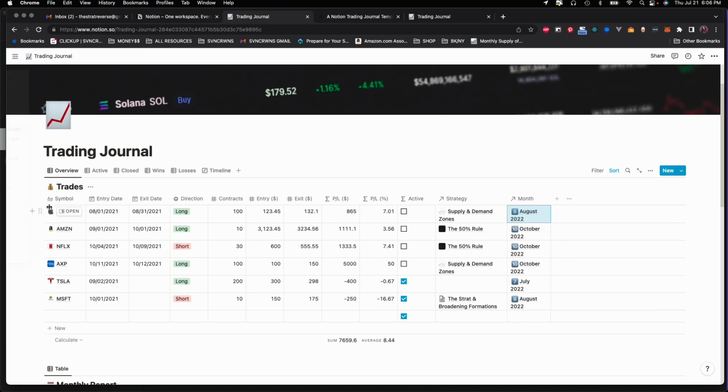So this is where you would put all of your trade journal information. This is going to be a long list. At the bottom of your P&L for the dollar amount, you have the sum. And at the bottom for your P&L percentage, you have an average. Let's see what else. When it comes to your P&L percent